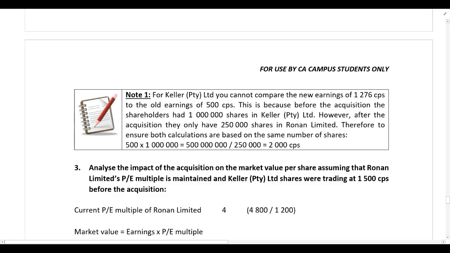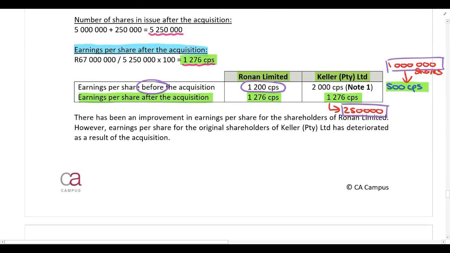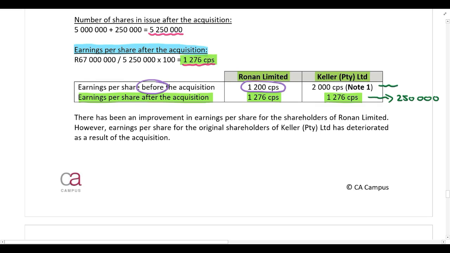First, calculate earnings in total for Keller Pty Limited. So take the earnings per share and multiply by the 1 million shares in issue, get the earnings in total. And now what you need to do is just divide by 250,000 shares to get the earnings per share. So you'll see now we have earnings per share of 2,000 cents. And by doing that, guys, it means that both calculations here, this is based on 250,000 shares, and this is now also based on